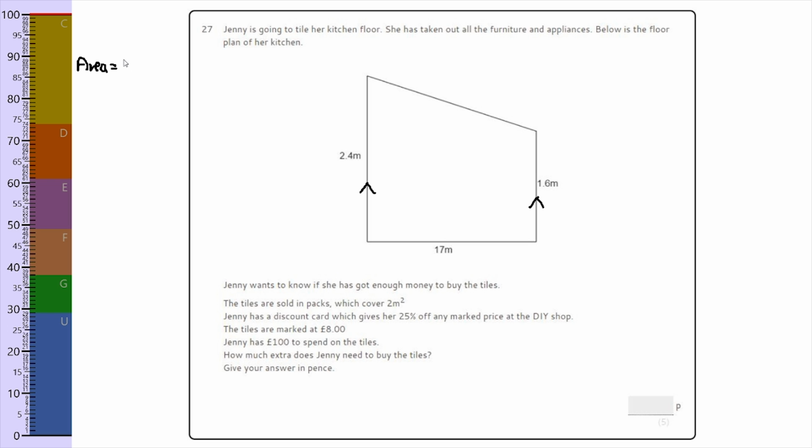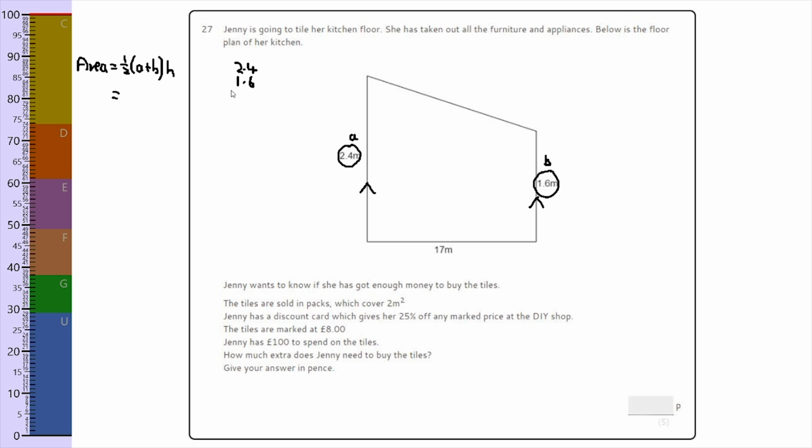is half a plus b h. Looks complicated. It's not actually that difficult. A and B are the 2 parallel sides, so that's this one and this one. They're A and B. It doesn't matter which way around you label them. And it's saying you want to add those first of all. So A plus B. 2.4 plus 1.6, so I could write it over here,